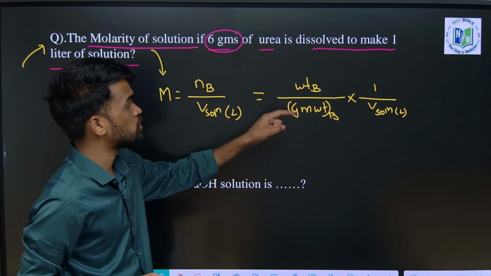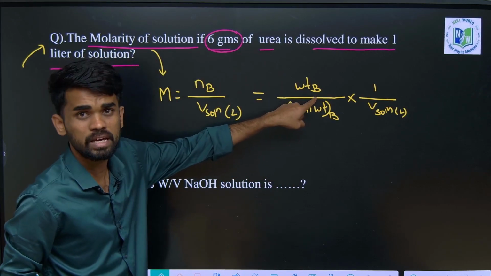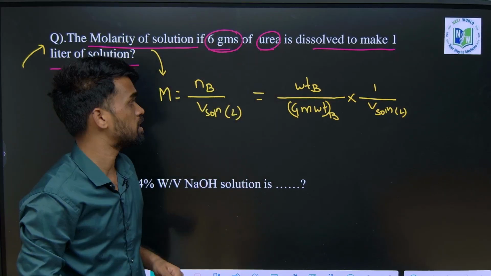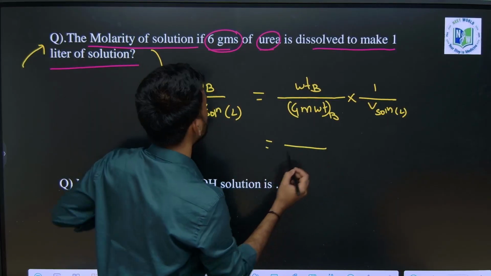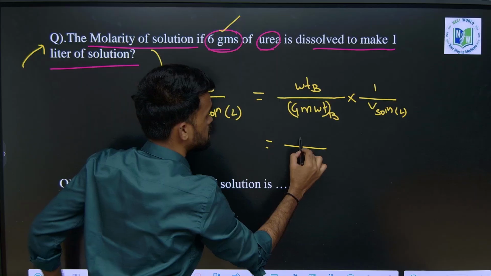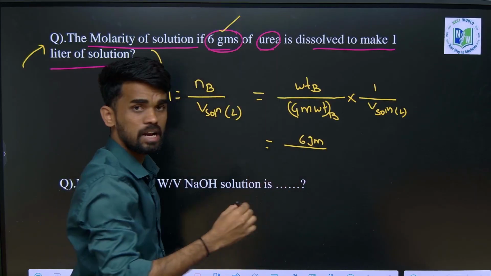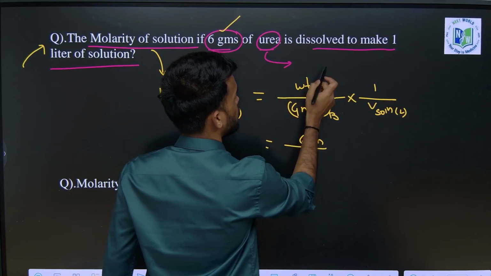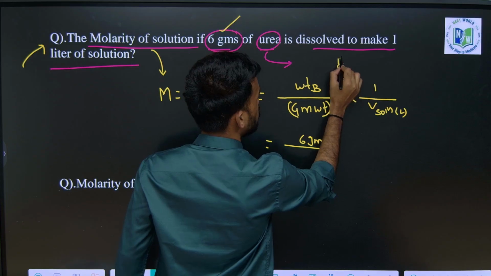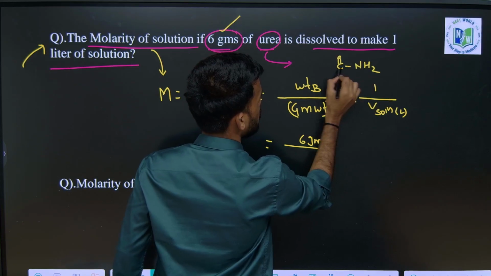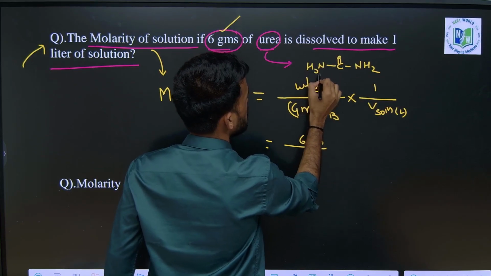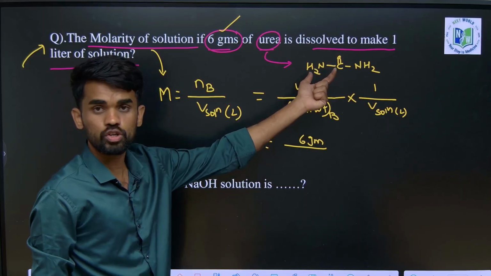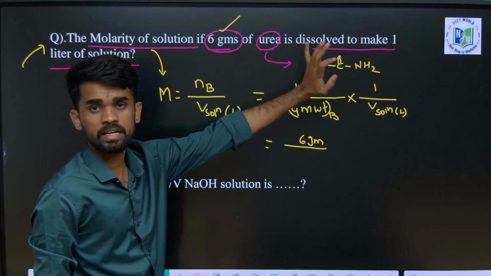Okay. So now what is our solute here? What do we mean by B here? This is our solute. In this particular question, urea is our solute. So what is the weight of solute they have given? This is 6 grams. Just take it as 6 grams. What is the gram molecular weight of urea? I think you are already aware of the formula of urea. So urea formula is CO, NH2 and NH2. This is the first organic compound prepared in the laboratory, so you need to remember this urea formula. This is how we need to write the urea structure.